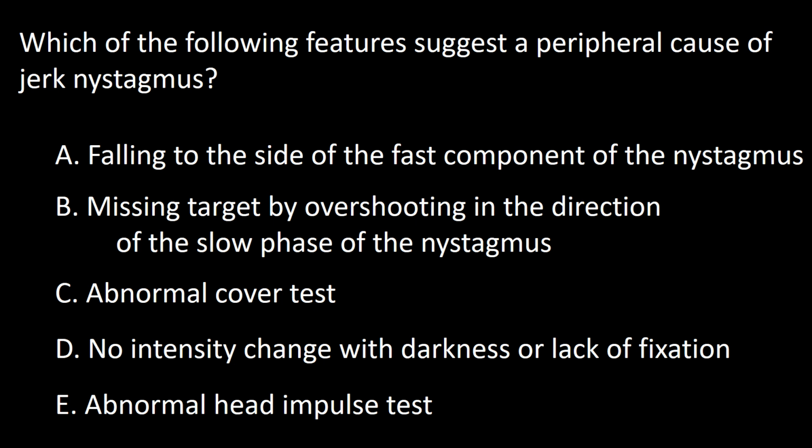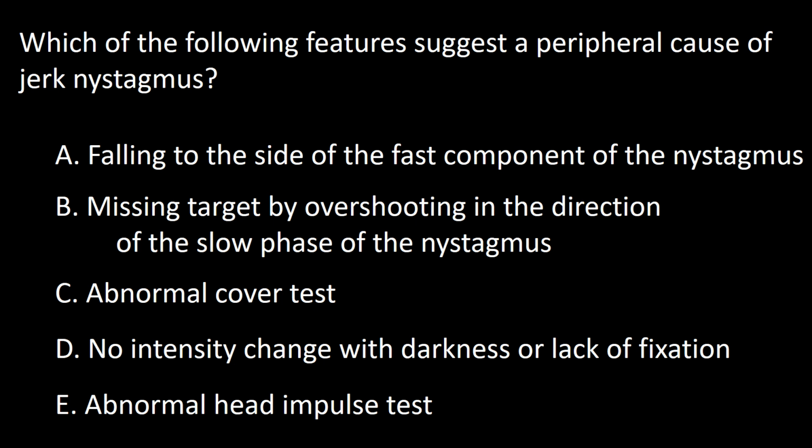The second question is, which of the following features suggest a peripheral cause of jerk nystagmus? A. Falling to the side of the fast component of the nystagmus. B. Missing target by overshooting in the direction of the slow phase of the nystagmus. C. Abnormal cover test. D. No intensity change with darkness or lack of fixation. E. Abnormal